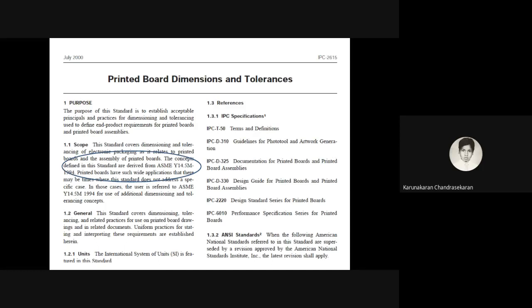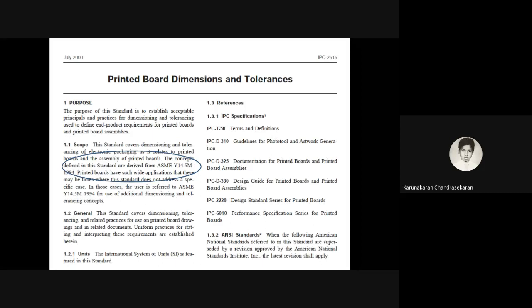And for this we should also have some basic knowledge of basic terms which we can generally see in some other codes like IPC 50 and 310 to 220. These things are required when we go into depth. So today our objective is to introduce what this code means and what background is required for this